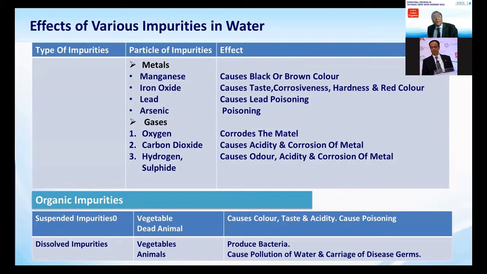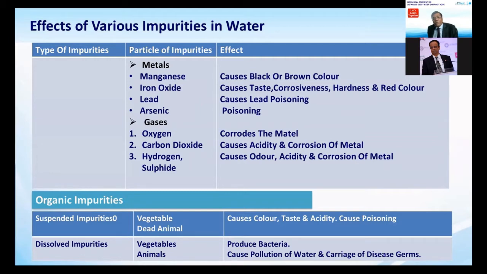And these are the metals. Sometimes metals are also present: manganese, iron oxide, lead, and arsenic. Arsenic is poisonous and carcinogenic as well. Lead is also poisonous, also carcinogenic, and sometimes life-threatening. In Lahore, 5, 10 years back, the industries had been discharging untreated wastewater, and we observed that the fluoride concentration in the wastewater in that area was very high, and newly born babies and kids below 5 years had a problem of bending of their bones. And we need to